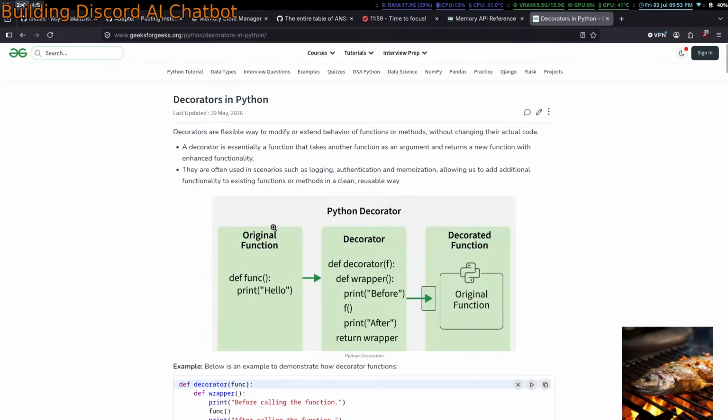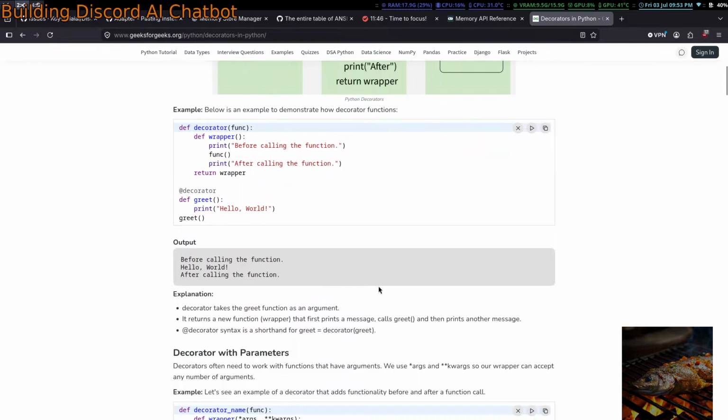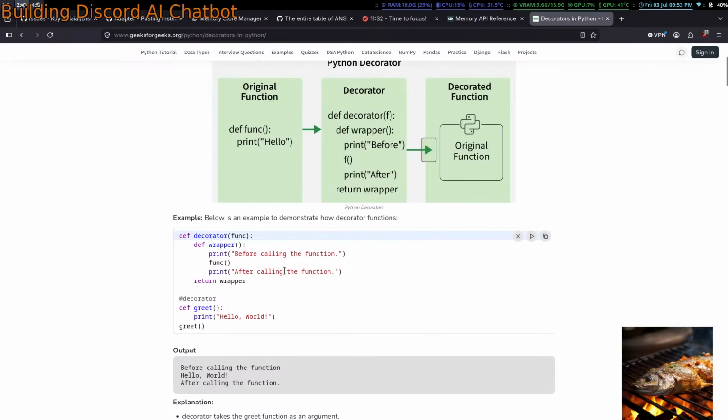Define decorator, define wrapper, print before function, print after. What? So taking the function... What the frick? Print hello world. Oh, I see. So it's like running a function inside of another function.